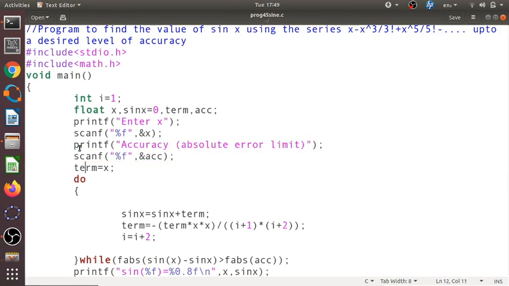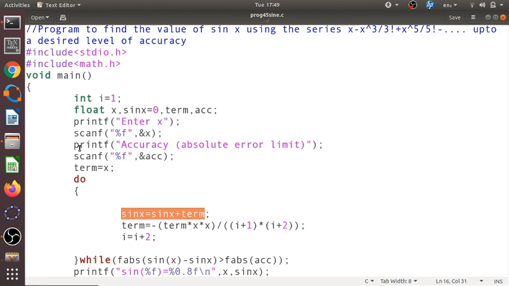And so initialize term to x, the first term is x. Then let us start a loop. I am using a do while loop. The initial value of sinx is 0, so in the first run of the loop, sinx will take the value of sinx plus term. So I get the term x.